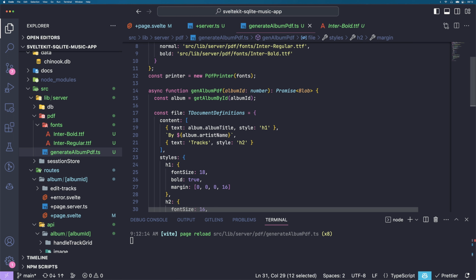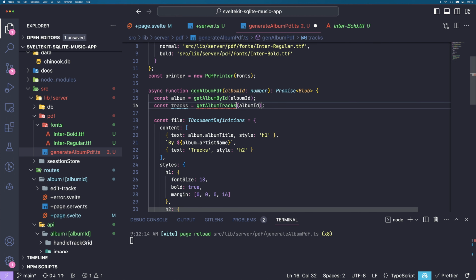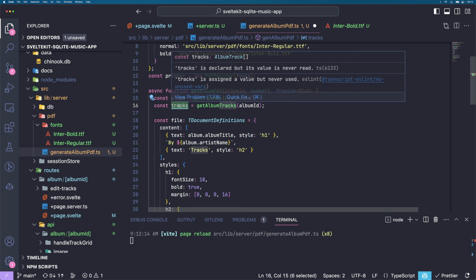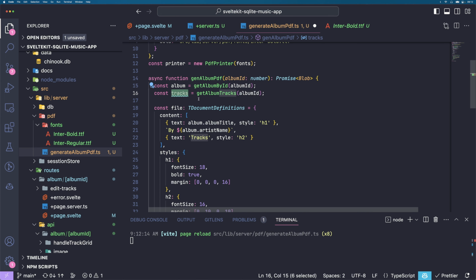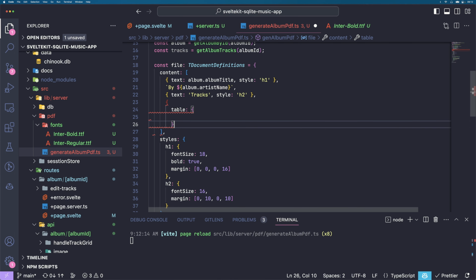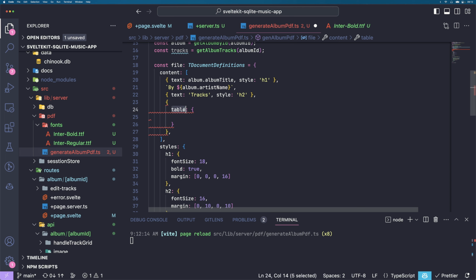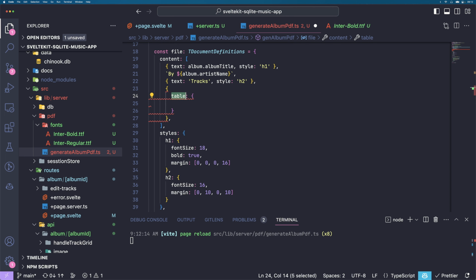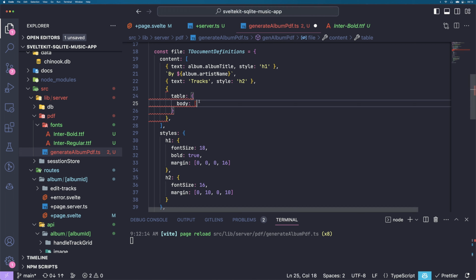And then we can go ahead and we should fetch the tracks of the album first. We already have a database function for that. Check out the playlist in the comments if you want to see how we made that, for example. And the tracks I think should be in a table. So let's create an object, and here we can use the table keyword, and we can then go ahead and do a body in here,